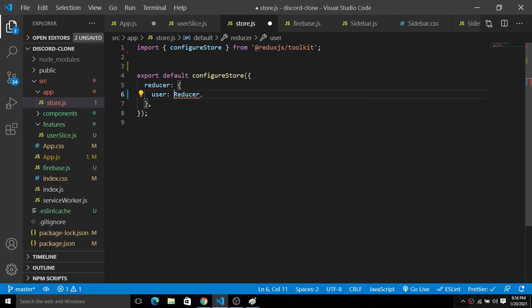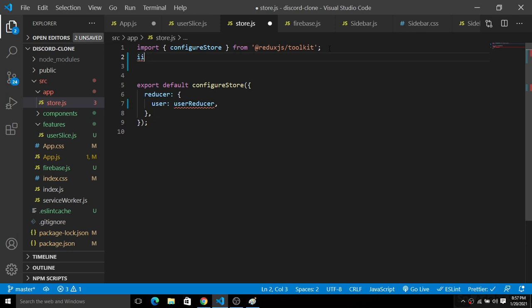Okay, so simply import this user reducer here. So how are you guys going to import this user reducer? You have to import the user reducer from the features, but inside this features we have this as user slice. So here at the very top, you guys have to simply import here.